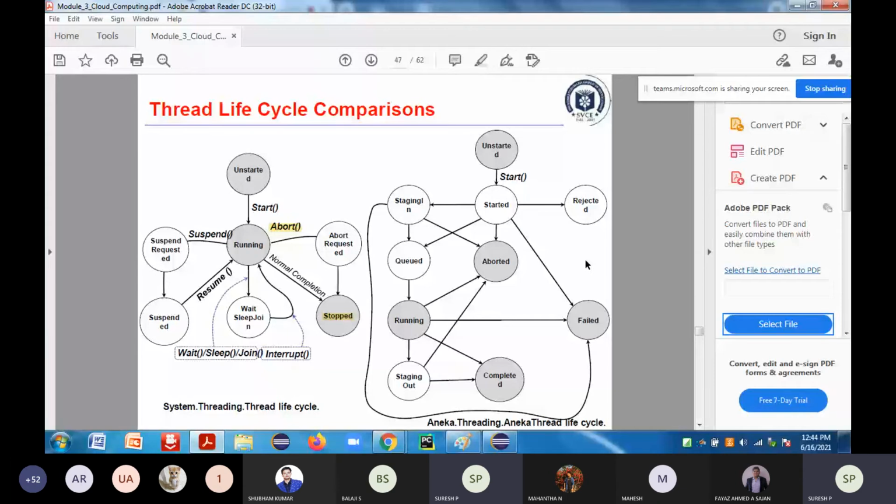So if anybody has any doubt with respect to the thread, you can figure it out from the figure. If you know the normal process life cycle or thread life cycle, you can understand it well. The only thing is the interrupt operations won't be there in the Aneka thread.